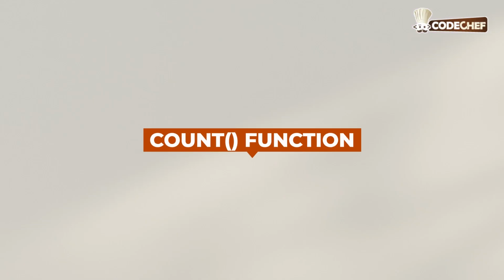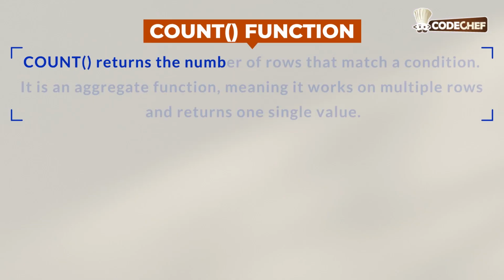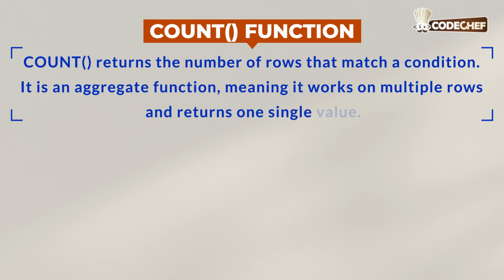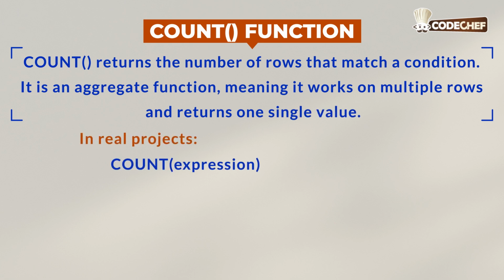Count function. Count function returns the number of rows that match a condition. It is an aggregate function, which means it works on multiple rows and returns one single value. So basically, we use the count function to count number of rows based on the condition that we provide inside this count function. Example, count, then inside bracket star, which means this will tell the total number of rows in